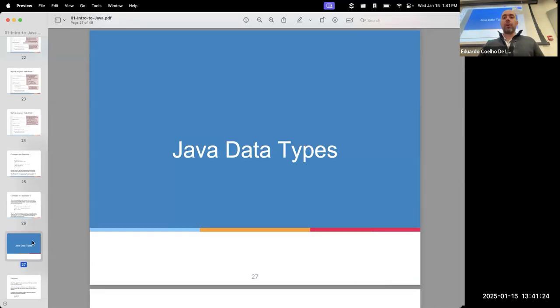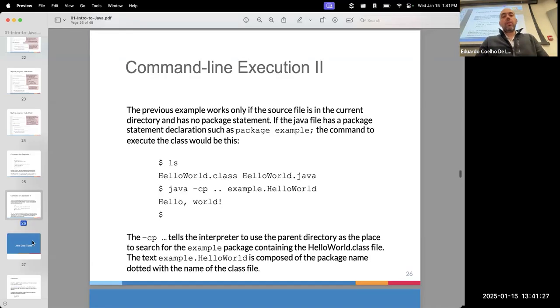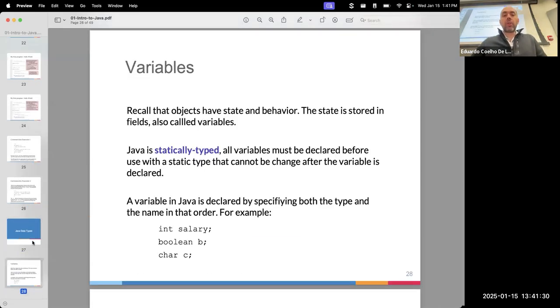All right, let's now move on to talk about Java data types. So, we need to talk first about variables, right? So Java is statically typed. That means that you need to specify the type of the variable as you create it. So for instance, you have 3 variables here being created at the bottom of this slide. The first variable is called salary. Before the name, the identifier of the variable, you put the type. So in this case, int refers to the primitive integer, boolean refers to the primitive boolean, and char refers to the primitive character. And what comes after the type is just the identifier, the name that you are going to